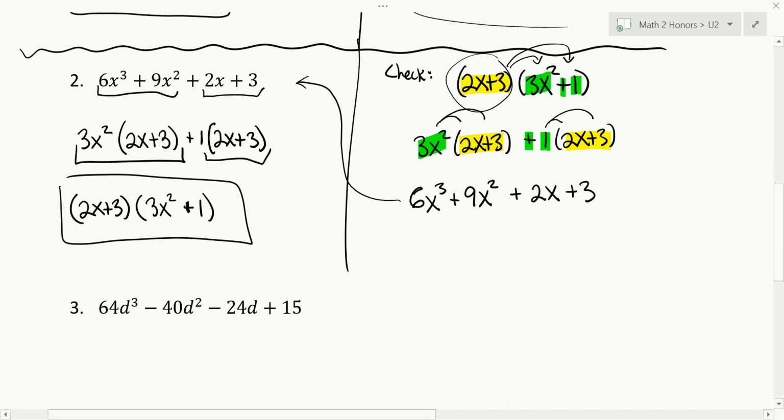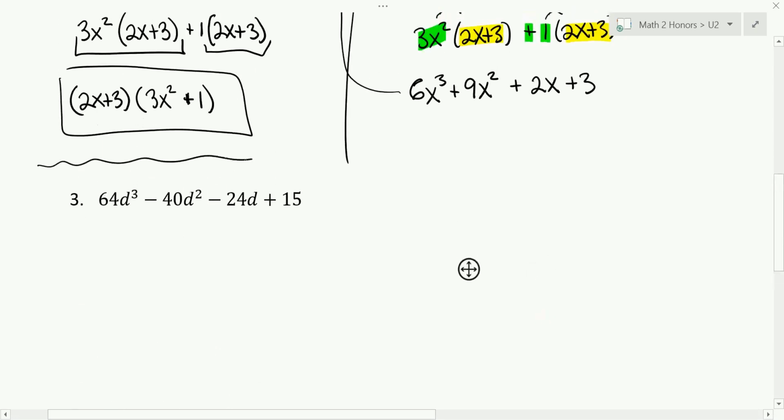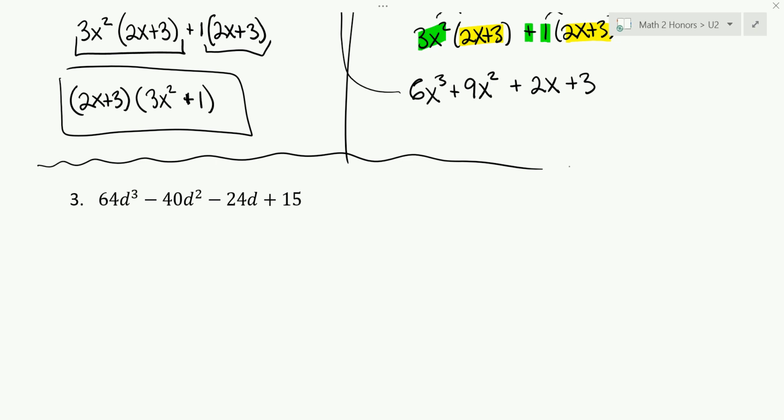So on number 3, you have 4 terms. When you have 4 terms, that's when you think maybe do factoring by grouping, but you always check. The first thing is if I could pull out a greatest common factor from those 4 terms. In this case, is there a number that divides all 4 of those? Or a term that divides all 4 of those? So factoring by grouping, we're going to